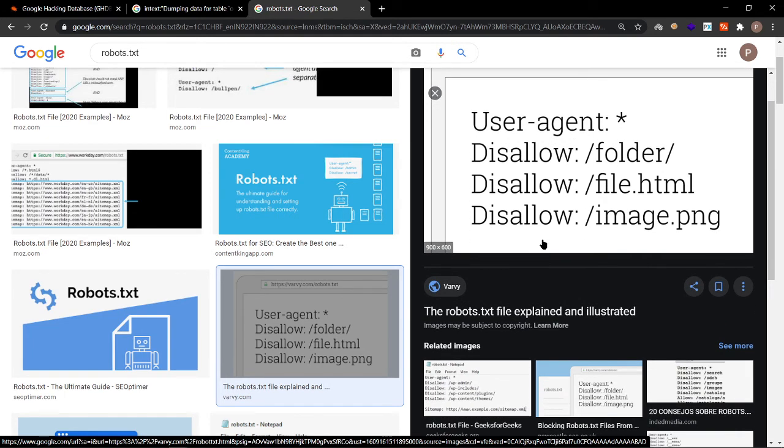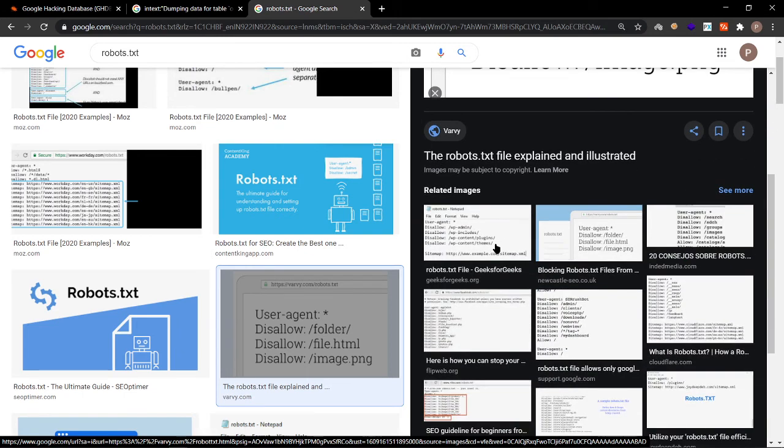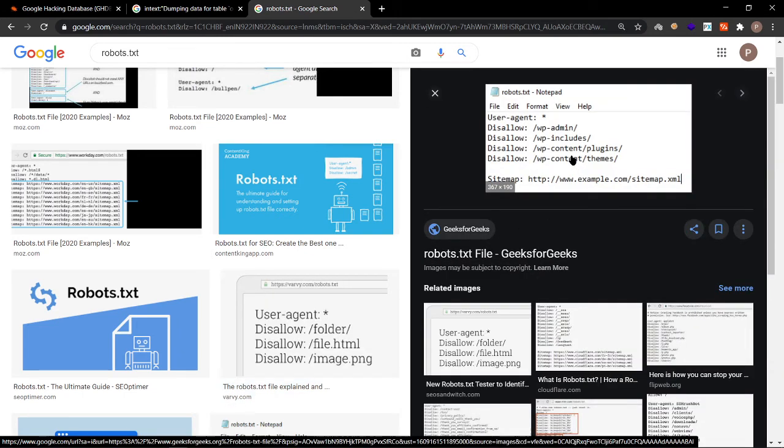Whatever sensitive directories are present, they disallow them from being exposed in Google or other search engines. This is a notepad file. You have to write this code, mention the directories which you want to allow or disallow, and then name the file robots.txt.